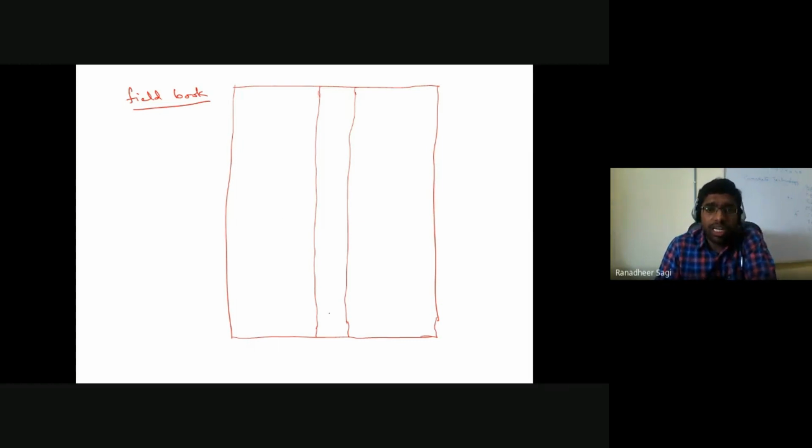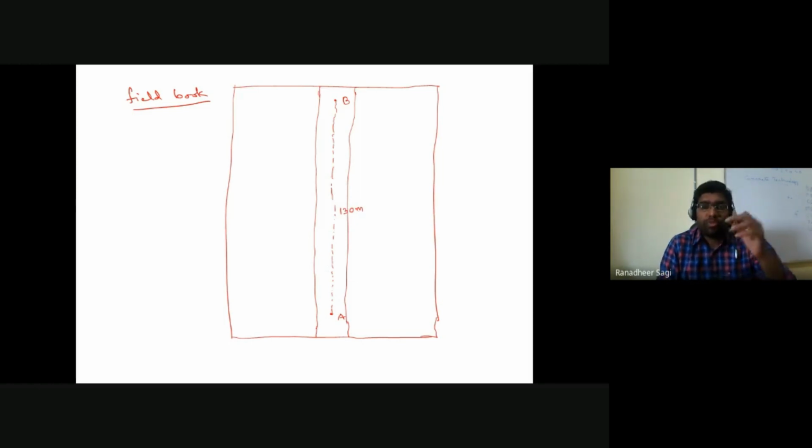So in this field book, till now what we have done is measure the distance between point A and point B. Now let me say this is the position of point A. I'm just representing point A and point B in my field book, and I'm saying that this is the line A to B which we have marked in the field. Assume this to be your straight line. And what have we measured? We know the distance between point A and point B, and let's say it is 130 meters.